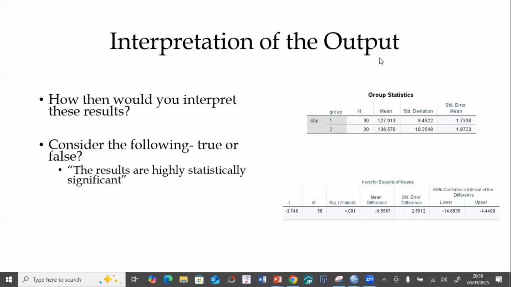Anyone? Would you think that is an accurate interpretation of that p-value? That the results are not only significant because they are less than the alpha, but they're highly statistically significant because it's actually 0.001, which is less than exactly half the threshold that we set. Do you think that's a correct interpretation? As you think about that,